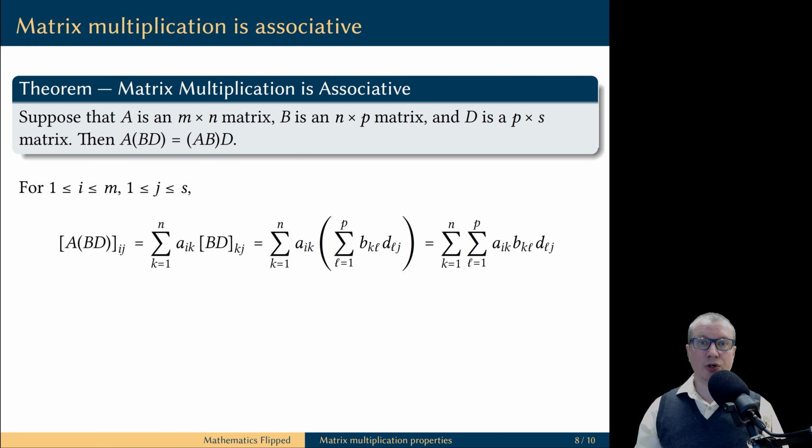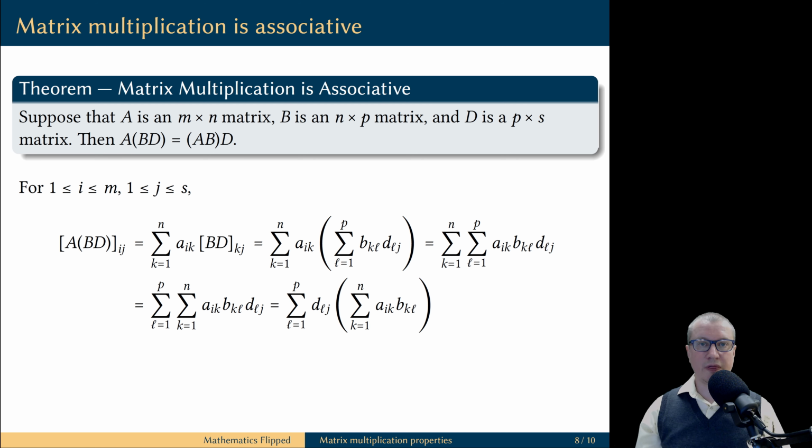What we are going to do is regroup the terms so that the inner summation happens along the index k and the outer summation happens along the index l. You achieve this by using the commutative property of number addition. You simply switch the order in which the terms appear in the sum. Next, let's observe that in the product of the three numbers, the entry from the matrix D does not depend on k, and because the inner summation happens along the index k, we can factor out the entry from the matrix D.